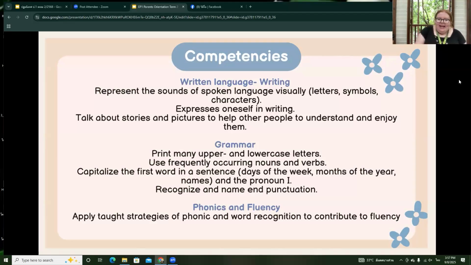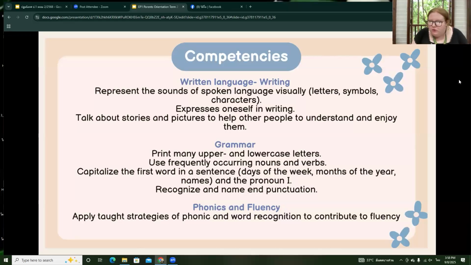For grammar, again, they will be working on handwriting, so working on upper and lowercase letters, using frequently occurring nouns and verbs, persons, places, things, and action words, capitalizing the first word of the sentence, days of the week, names, months of the years, and also using proper punctuation.